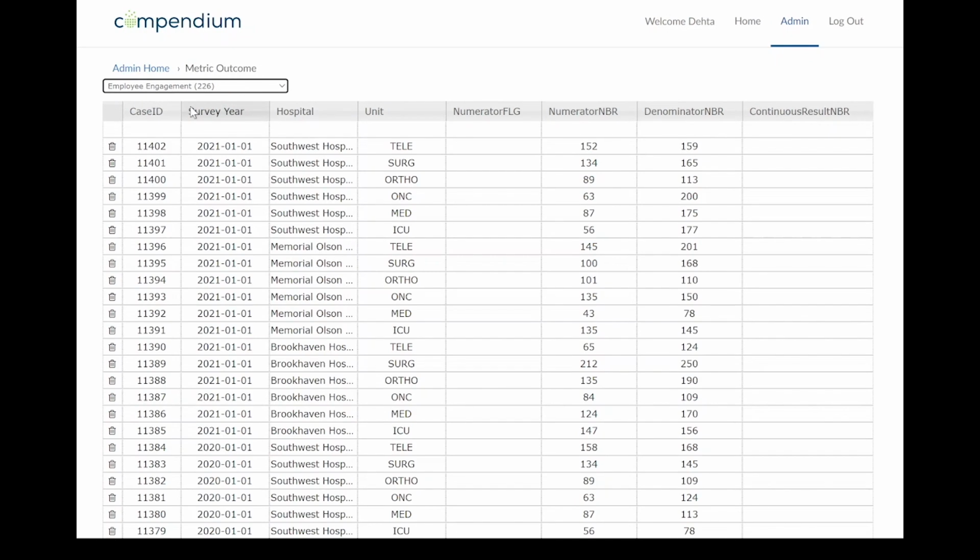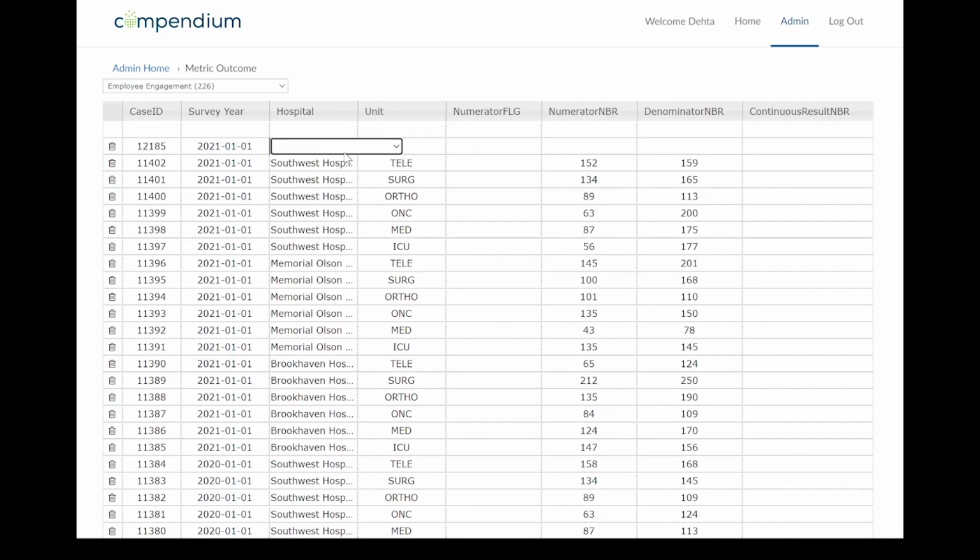You generally can't get detailed level data from the vendor that's administering those employee engagement surveys because they don't want you to be able to find an individual employee's survey information. So we have an interface here so that these things can be entered, in this case at an aggregated level for that particular metric. So let's say I've got a new entry for Brookhaven Hospital, and I'm entering in ICU metric, and